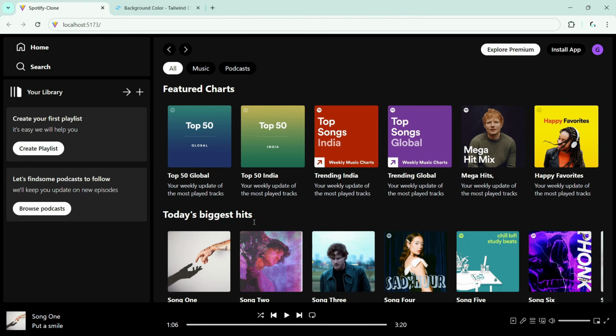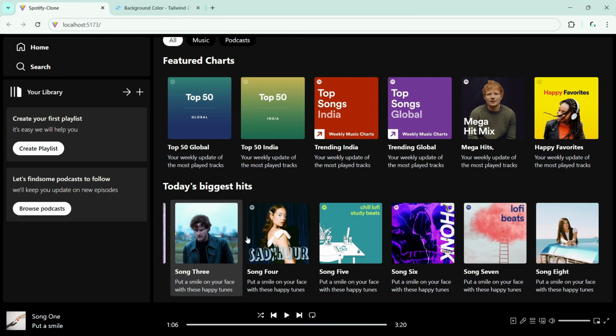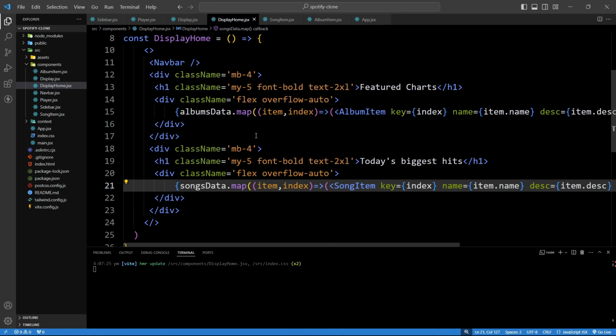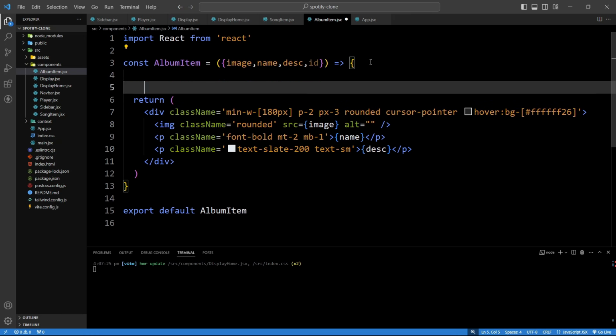So here we have the songs list, and here we have total 8 songs. And after that, if I click on this one, nothing is happening. So we will add the logic so that when we'll click on this one, it will open that album. For that, let's come back and we will open album item.jsx file, and here we will use the use navigate